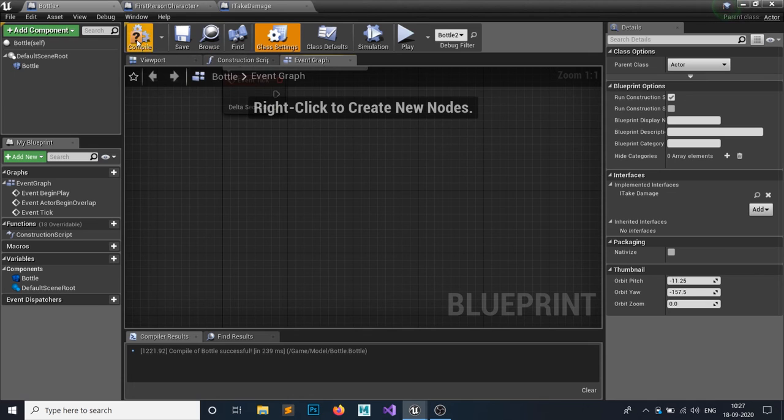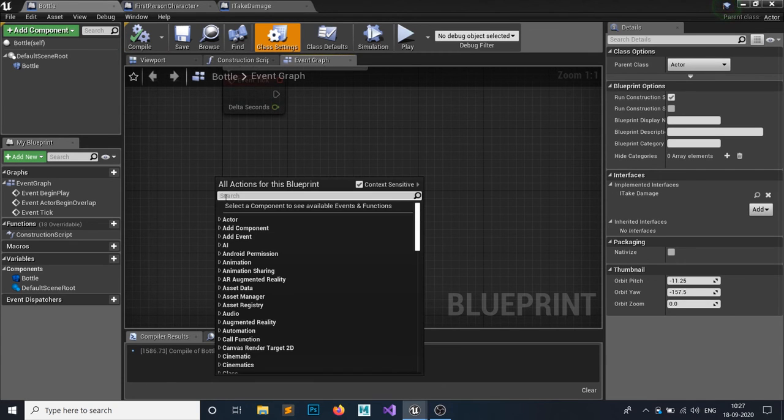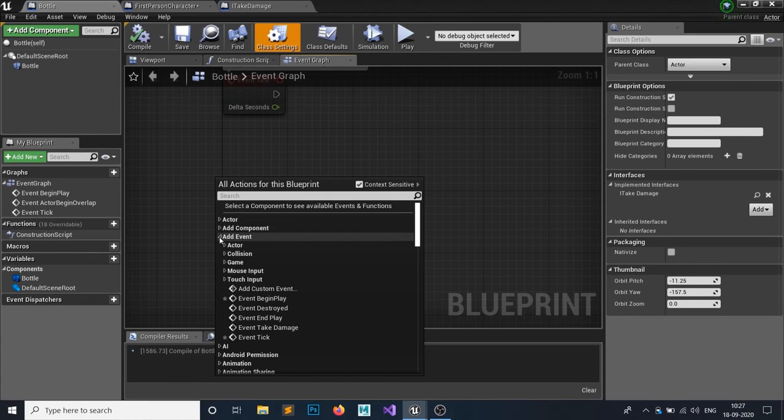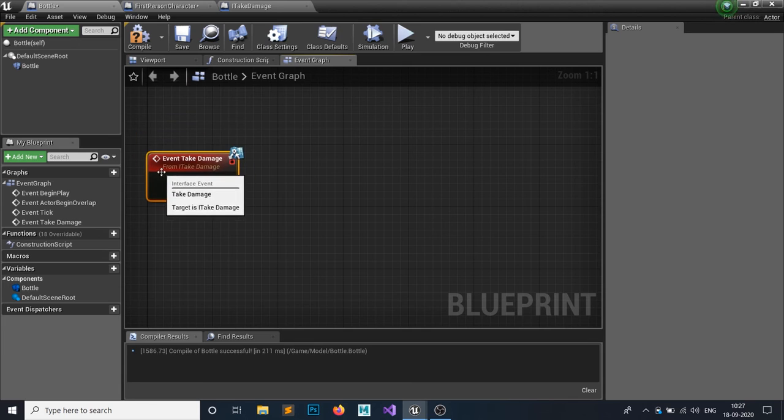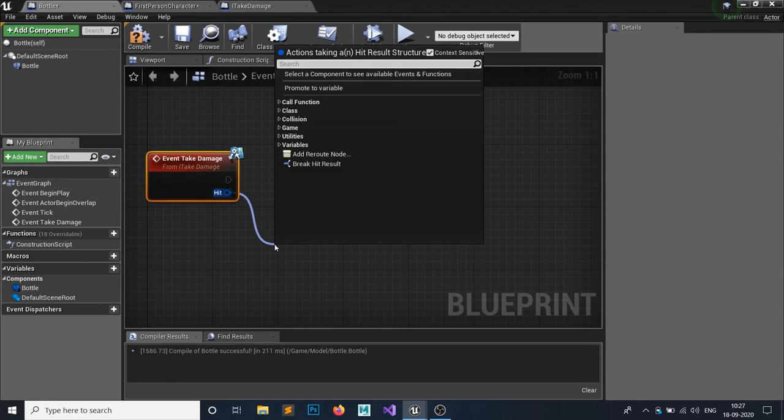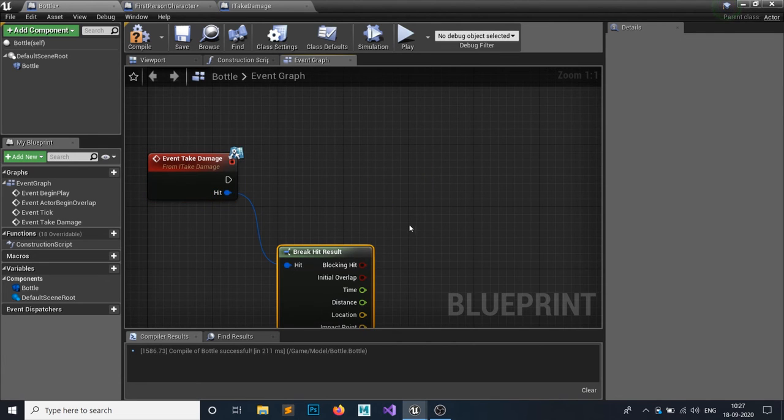After that hit compile, save, and add an event. The event would be your take damage function. You can add this implementation to whatever object is going to take damage, so it could be your AI character, your enemy character, anything.